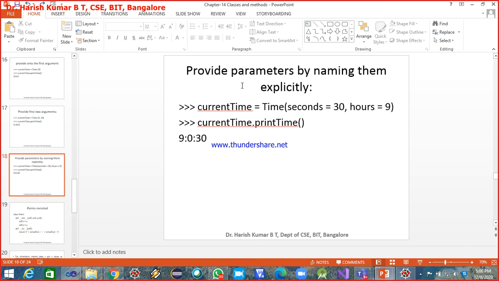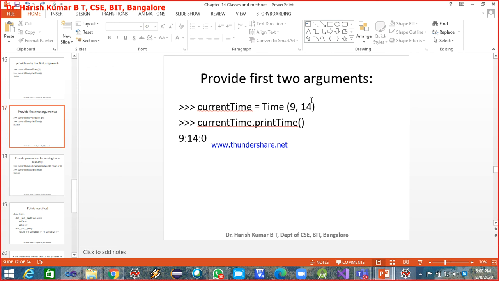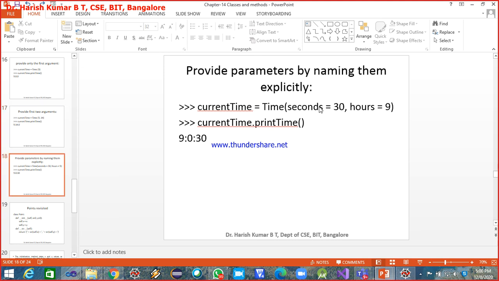Next, provide the parameters by naming them explicitly. When you pass 9 and 14, this will be taken as the value for the first argument, this for the second argument, and the third one will take the default value 0.